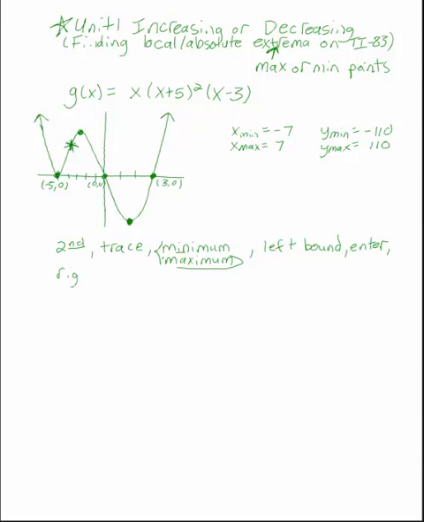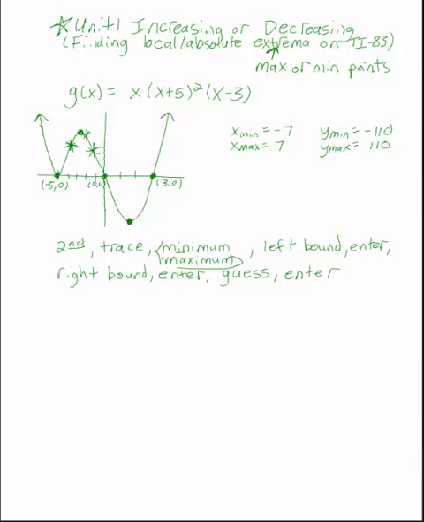And then you have to pick a right bound, so that means the blinking point has to be to the right of the maximum, so I had my blinker about over there, clearly to the right of the max. You have to hit enter again. And then for the guess, you just need to move the blinker so it's close to the maximum point. So I put it right there, hit enter,